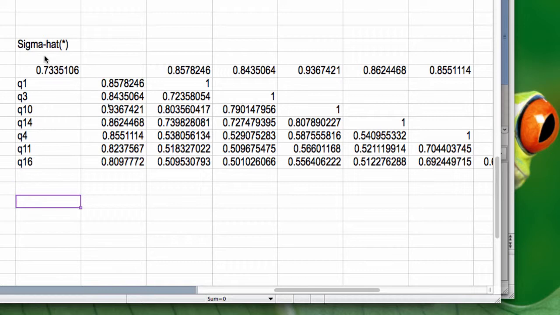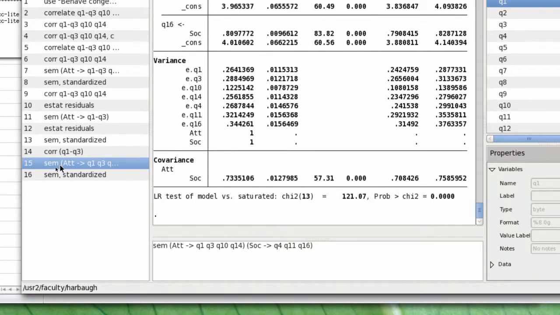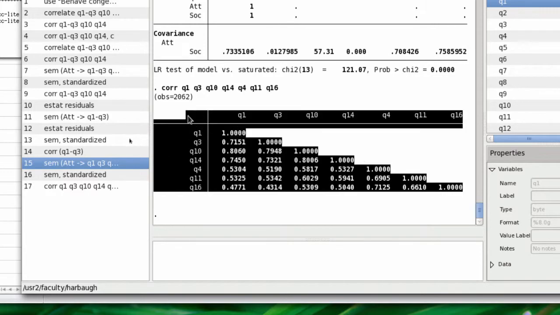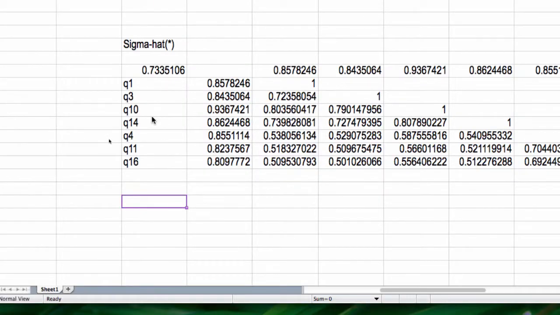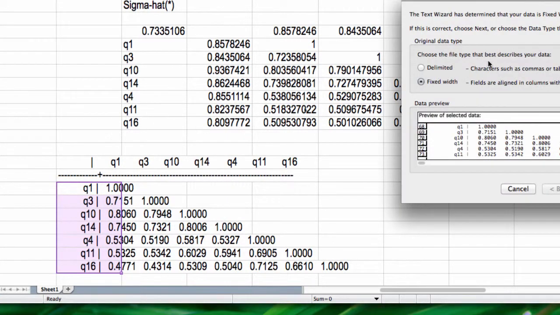Well, this is all good, so what I should be able to do now is if I go back to Stata, I should be able to say, well, let's look at these values. Let me put this in. I want to actually look at the correlation between Q1, 3, 10, and 14, Q4, 11, and 16. That should give me my correlation matrix for those values. Now, if I take this matrix and copy it into Excel, turn it into a table,